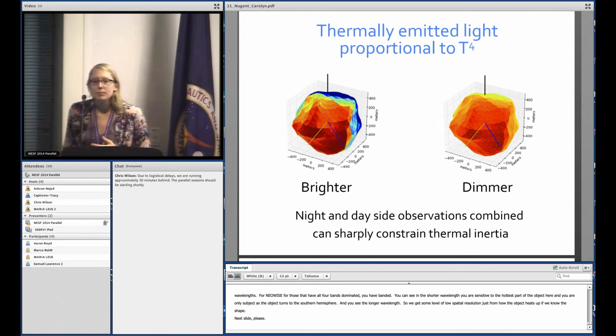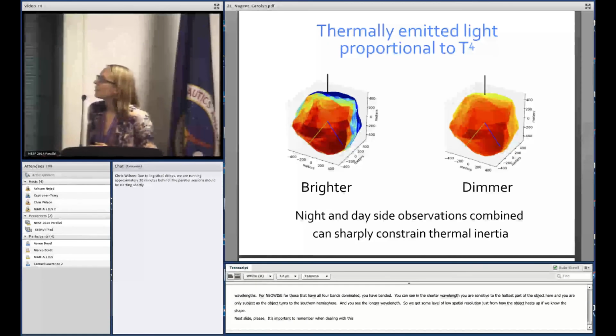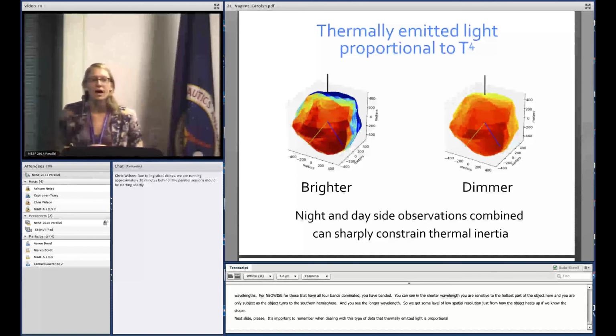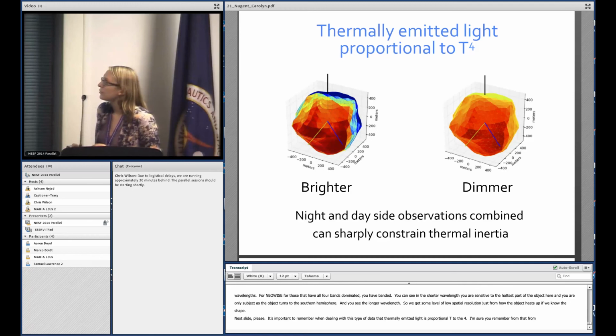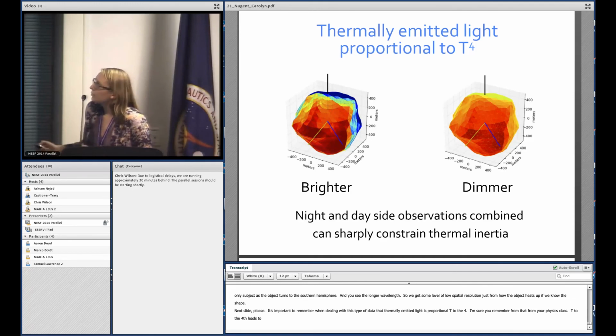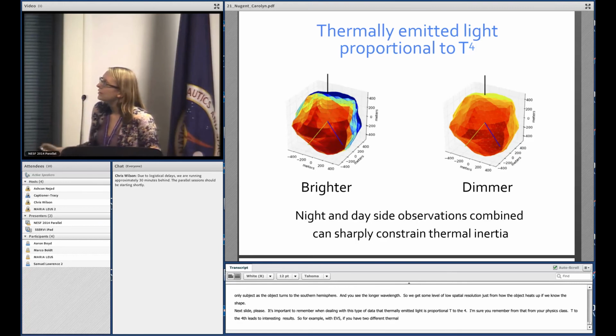It's important to remember when dealing with this type of data that thermally emitted light is proportional to T to the fourth. I'm sure you all remember that from your physics class, but T to the fourth is kind of an unusual property that leads to interesting results. So for example, again with EV5, if you have two different thermal conductivity cases, this is a very low thermal conductivity and a high case, this one is actually going to be much brighter than this one because the hottest